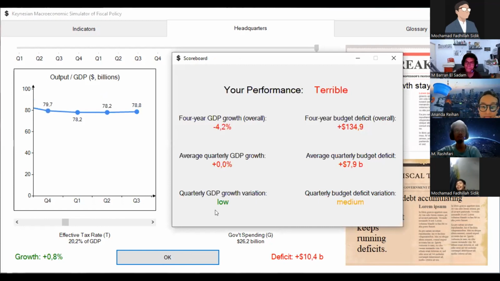Within our term of the government, our performance is credited as being terrible. Overall, we have a GDP growth of less than 4.2%. The average growth barely exists. Average deficit increased terribly, while variation of GDP growth is also low. So I'm not necessarily saying that this is an accurate depiction of what the economy is supposed to be like,